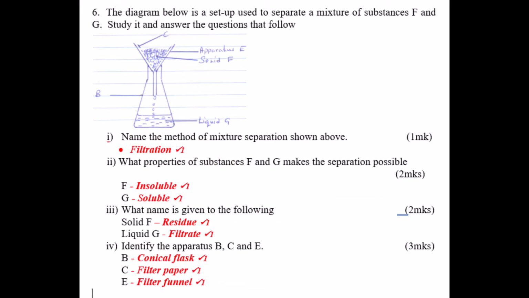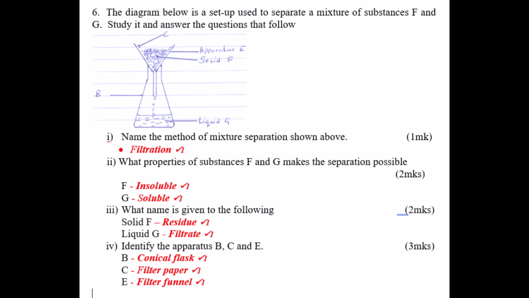Number 6, the method of separating mixture. This is filtration. The properties of G and F. F is insoluble, while G is soluble. That makes the method possible. Roman 3, F is the residue, G is the filtrate. Then Roman 4, apparatus marked B is the conical flask, C is the filter funnel,